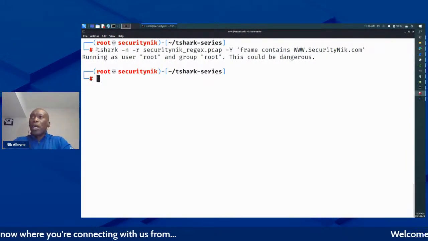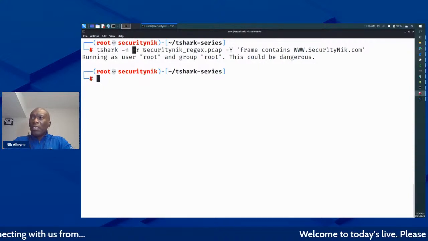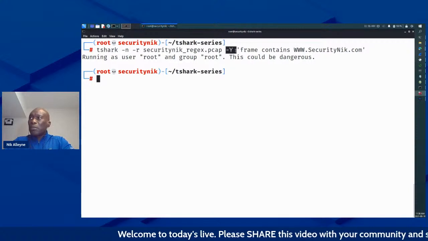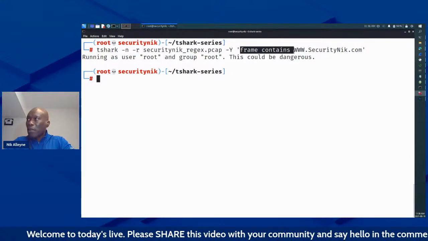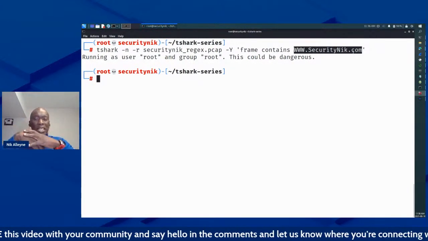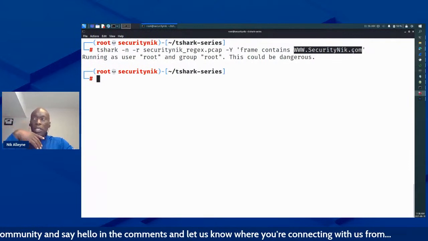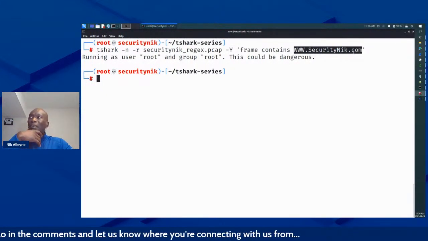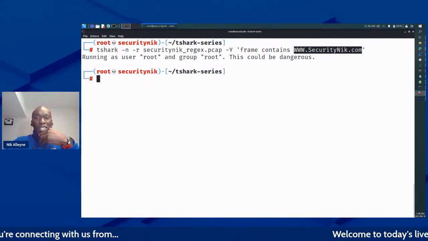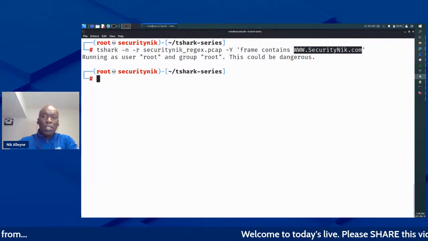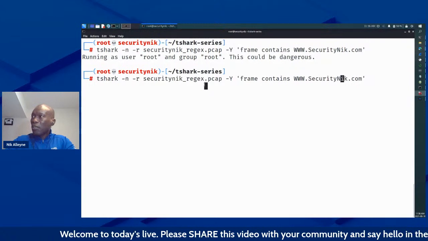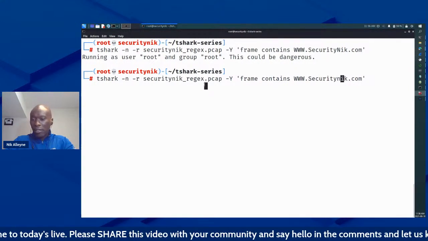What is the problem here? We run TShark, we give it a PCAP file with the packets, and we set up a display filter, and we're looking for contents in the frame. The frame contains this string. This string has a set of mixed cases. We have www in uppercase, we have securitynik in mixed case, and we have com in lowercase. But when we executed this, we got no match. The primary reason for this failing is because I wanted to show you that contains is actually case sensitive. So if I run the same string here,